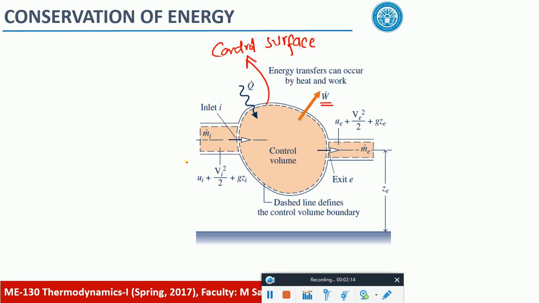That mass is bringing some kind of energy into the control volume. And once you transfer the mass from the system to the environment, or just outside the control volume, obviously it would also take some energy away from the system. So we need to add those terms. Generally, whenever we write down the first law of thermodynamics for closed systems, what we say is the time rate of change of the energy